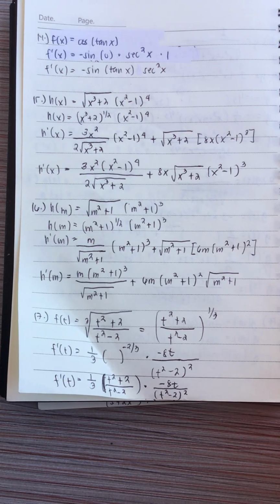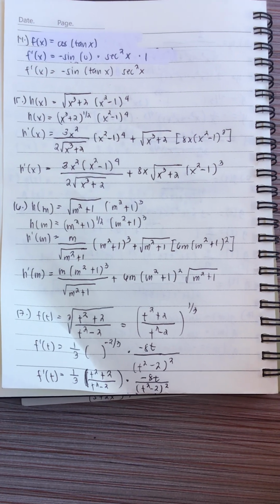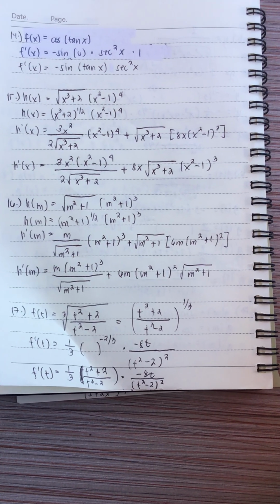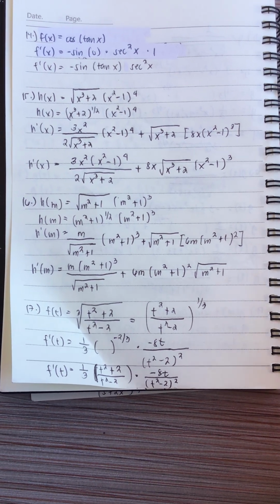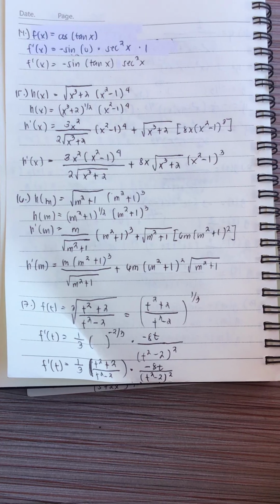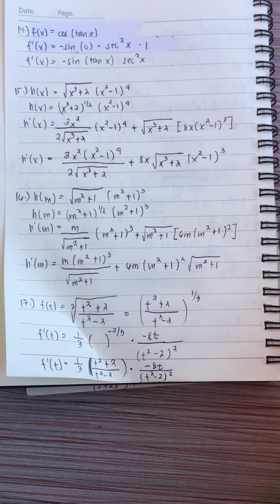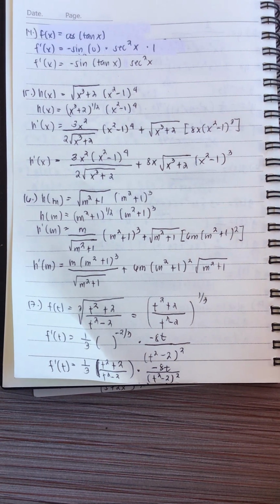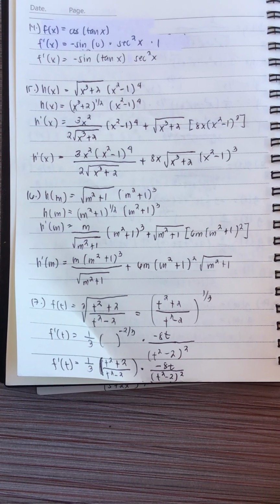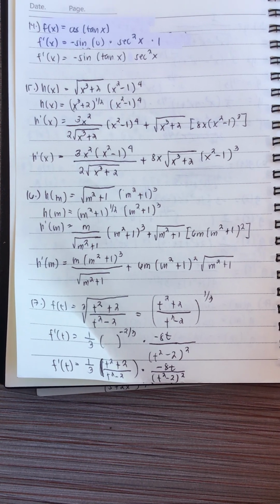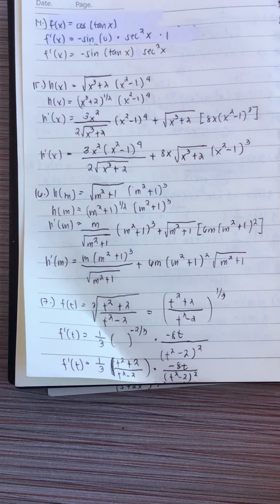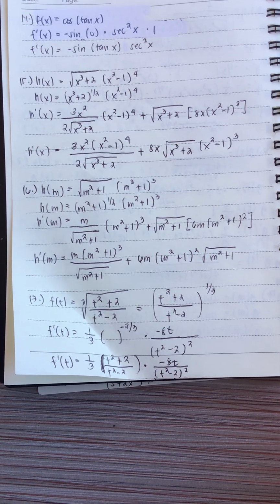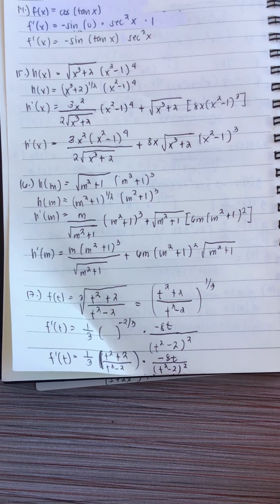Number 16, we are given h of m equals square root of m squared plus 1 times the quantity of m squared plus 1 cubed. So we can set square root of m squared plus 1 as m squared plus 1 to the power of 1/2. And so we can proceed now with our answer. This is an application of the product rule. So therefore, we have obtained m all over square root of m squared plus 1 times m squared plus 1 to the 3rd